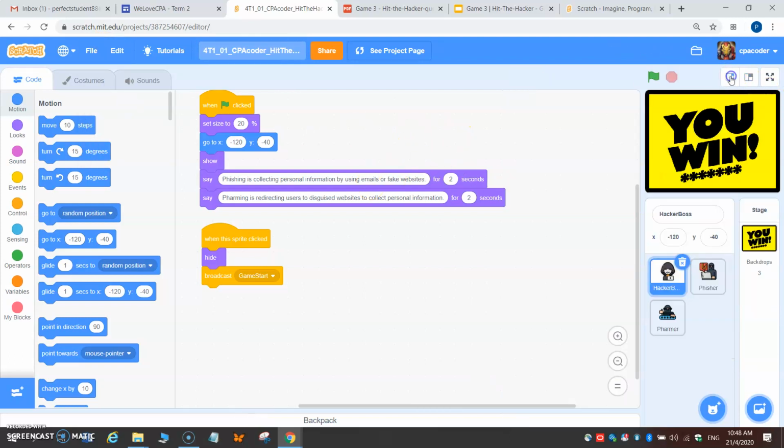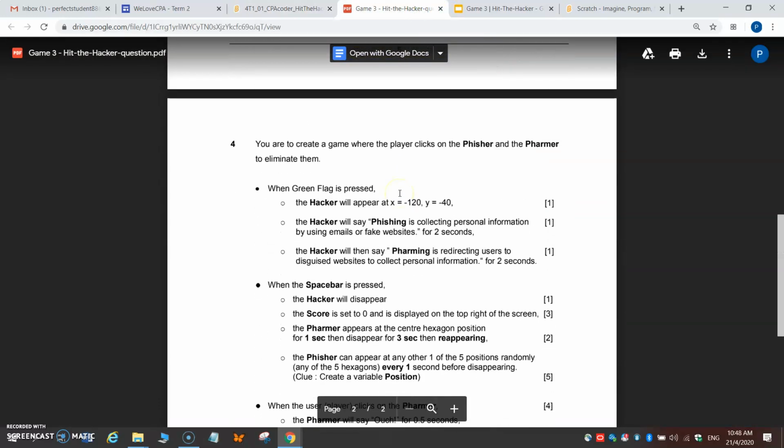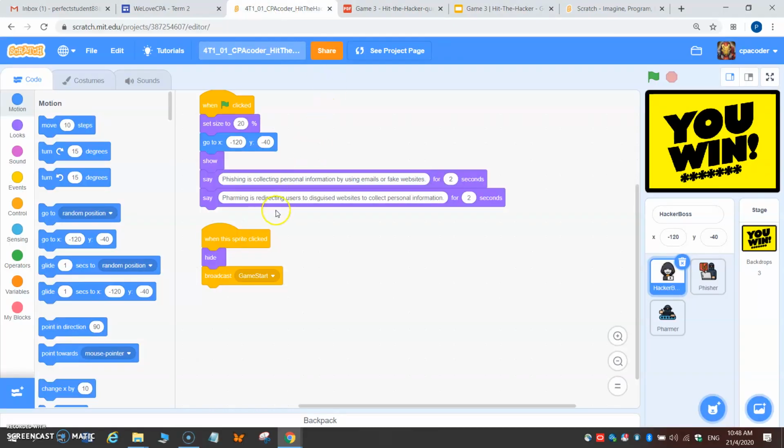Okay, so you can minimize this part here. Let's take a look. It's already given to you. It says for 2 seconds, similar to the question. Always refer to the question, not just code the way you want it, because there are locations and positions you need to code. Okay, so when this sprite is clicked,